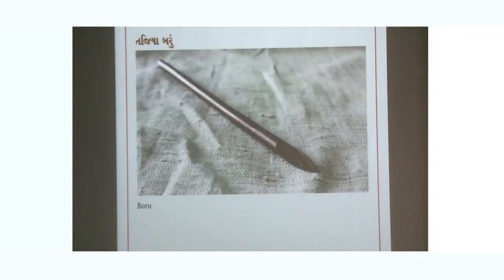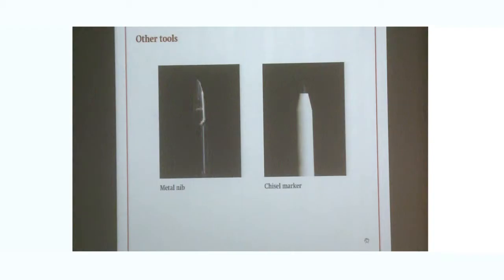So the overall texture of the manuscript is quite dark and dense. This texture is not just because of the line spacing proportions. It is also because of the Tajia Boru, which is used to write the letter forms. This Boru is a little softer if you chisel it, but it gives a good solid tip while writing. In contemporary practice, we use metal nib and chisel marker, so we wanted to check what exactly is the contrast that we have received from this manuscript.